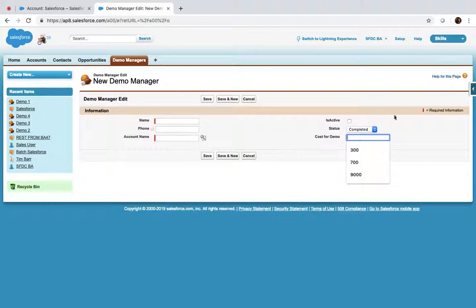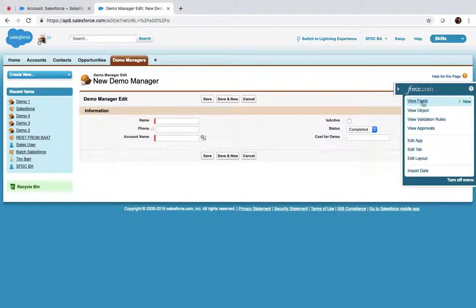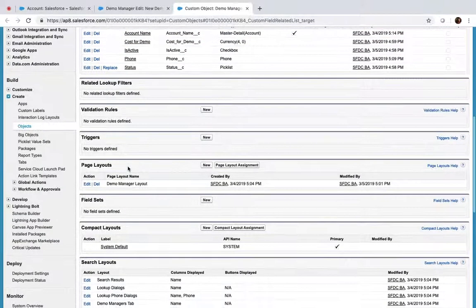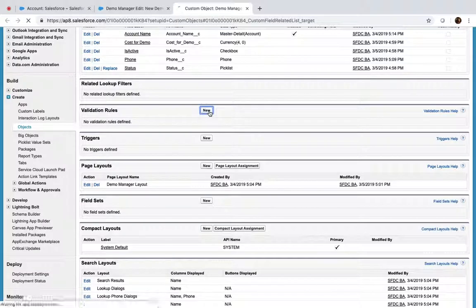So we can create one now. Understand: whenever the status is not completed, I should not allow the user to enter cost for demo. So go to the users, view fields. Now here you have validation rules. Click on new validation rule,